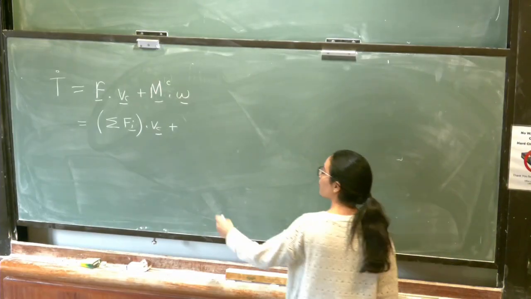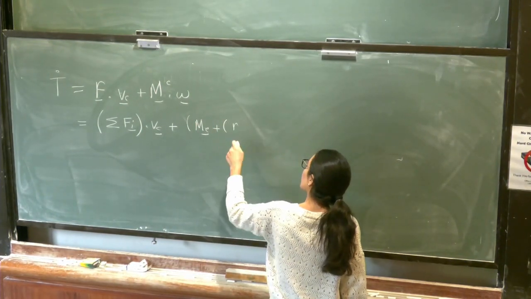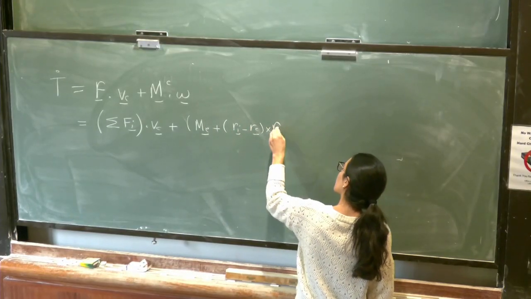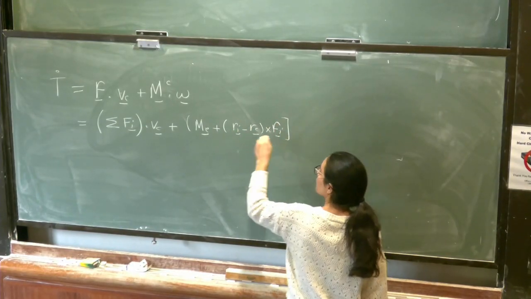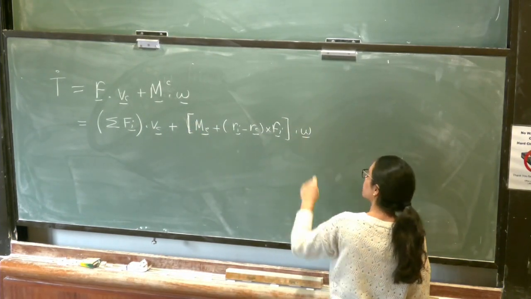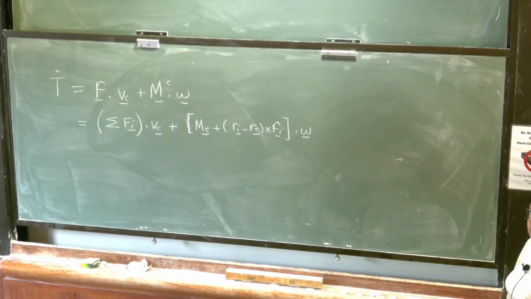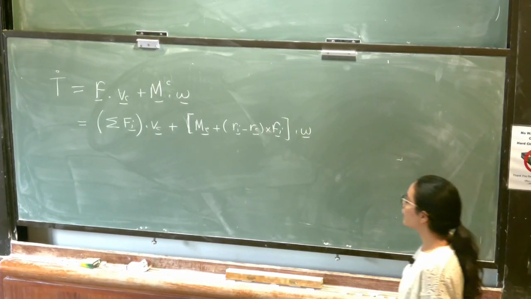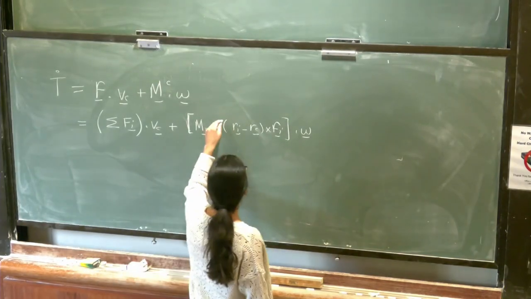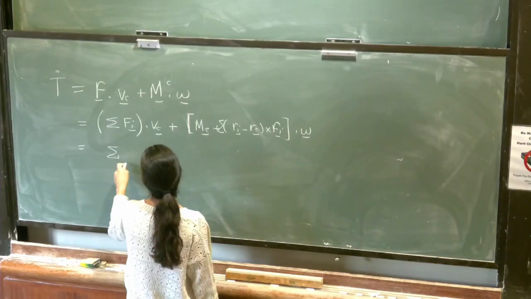So that's the couples, ME plus the sum of Ri minus RC cross Fi dot with omega. So this is equal to, and here I have to add a sum. Okay, so that's the sum of